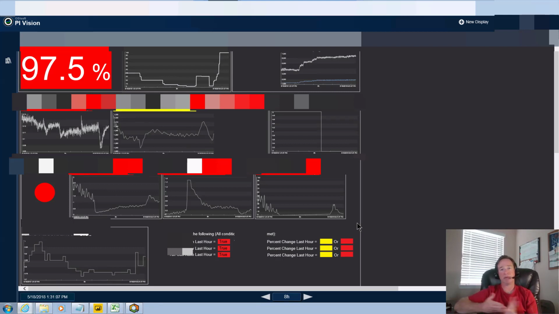But if we hadn't been able to do some of the analytics and the event frames, we really wouldn't have been able to go through and validate all of our work. Actually, we found, because I had that Excel report and could click through like that, the subject matter expert for the plant and I walked through this and said, okay, here are some other things that are going on in the plant that we probably need to filter out. So we were actually able to do a lot of really great validation here.